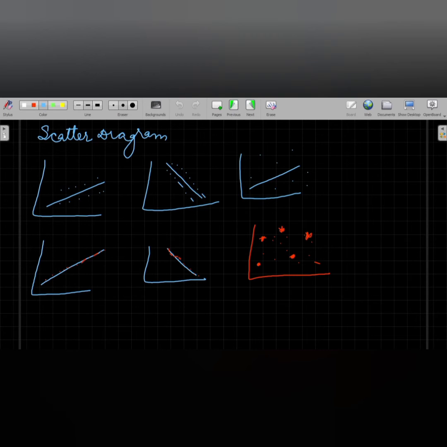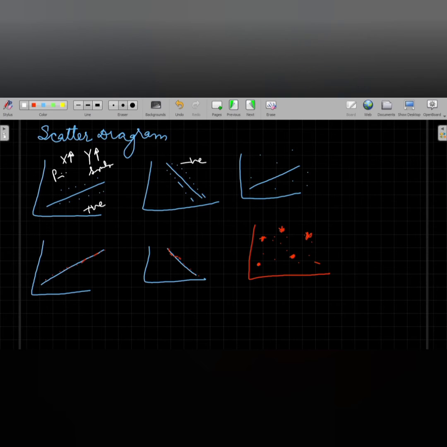Okay, so what this figure shows is that if the x variable increases, y also increases. We can say if price is increasing, the supply is also increasing. So this is an example of positive correlation. When the graph shows an upward direction, it means there is a positive correlation. Clear? And when the slope shows a downward relationship, then it is a negative correlation.